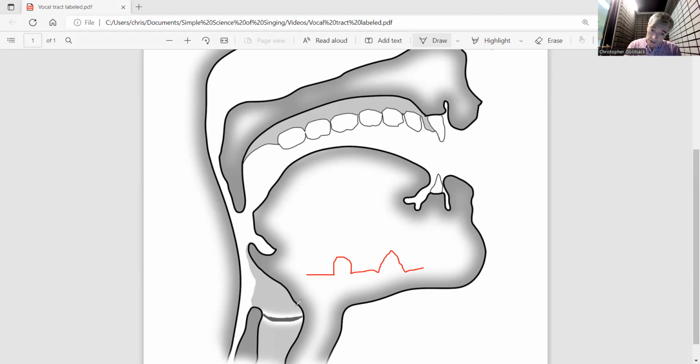So the vocal folds are not generating a pure sine curve. They are generating a sine curve in the pressure above, but also a whole range of frequencies, which are the